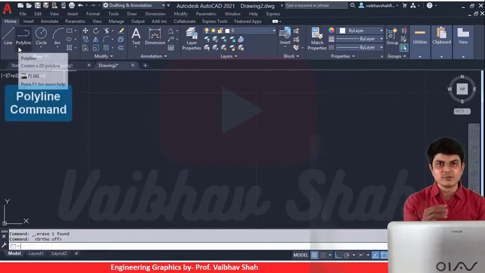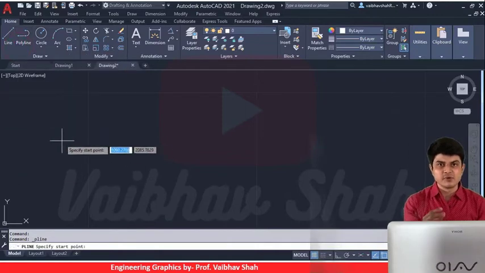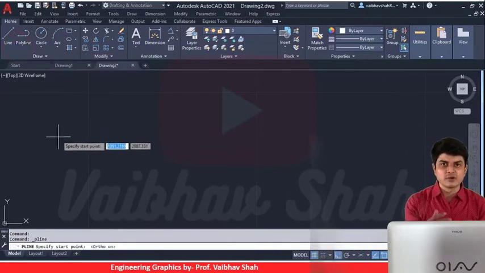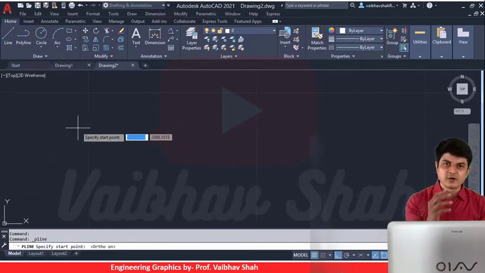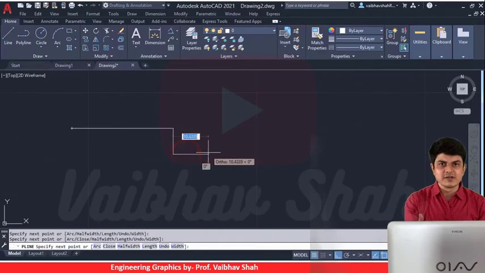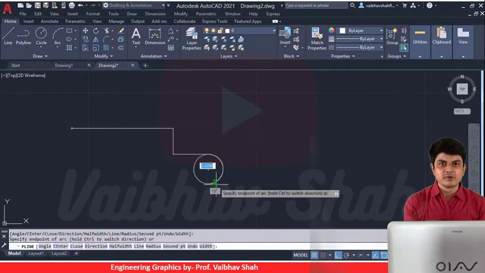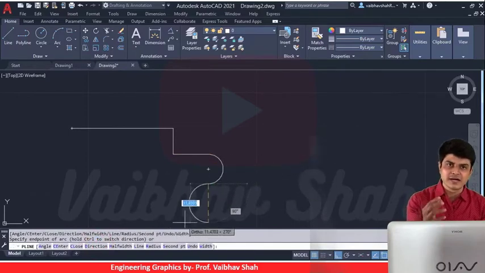So polyline command, you can draw the combination of lines like straight lines and curves. So let us place polyline and let us draw one arbitrary horizontal line here first. Then one vertical or arbitrary line, click somewhere on the screen, then horizontal line. Now we need to draw one curve. So let us go into the command line and place the arc and we'll be drawing one arc. Then let us draw another arc down there.